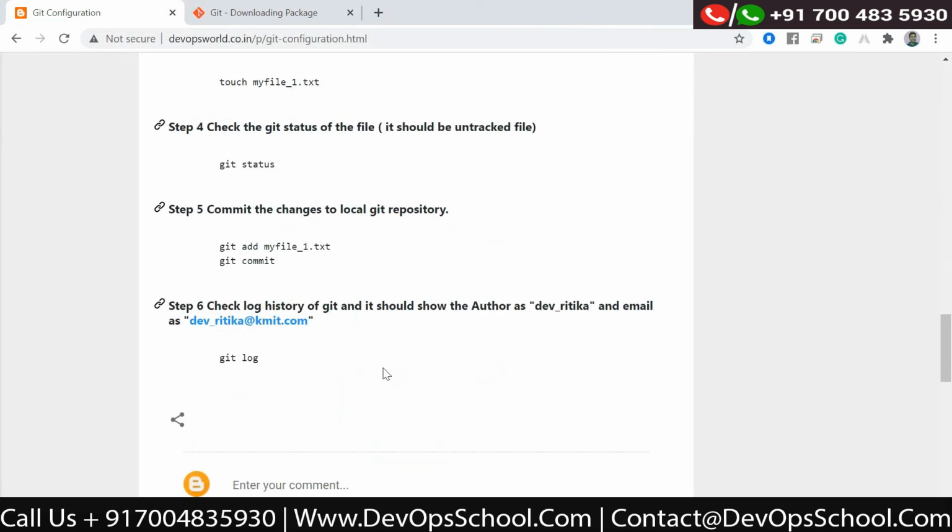Anyone has any question? Yeah, Raman, I need to understand this. So far what we have done is the local thing, right? Yes. Okay. So everything is happening on the local system, right. So everything that we have done is local version control right now. We have not moved to the global concept. Right.